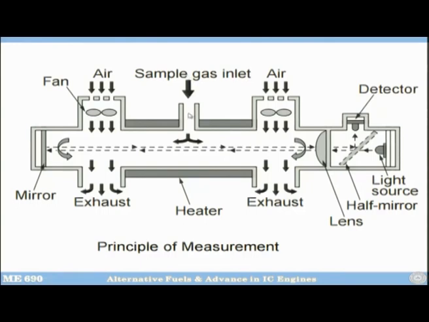So, when you have to do the calibration, what you do is you stop the sample gas and you start these blowers. Then all the smoke is pushed out, and there will be no smoke particles inside, no particulate, and then when the light travels, it falls back. This photo cell will give you a very high voltage. When you put smoke, this voltage will actually reduce, because now the light falling on this detector will also be lower. Okay. So, this is how the Beer-Lambert law is used for the measurement of smoke opacity.